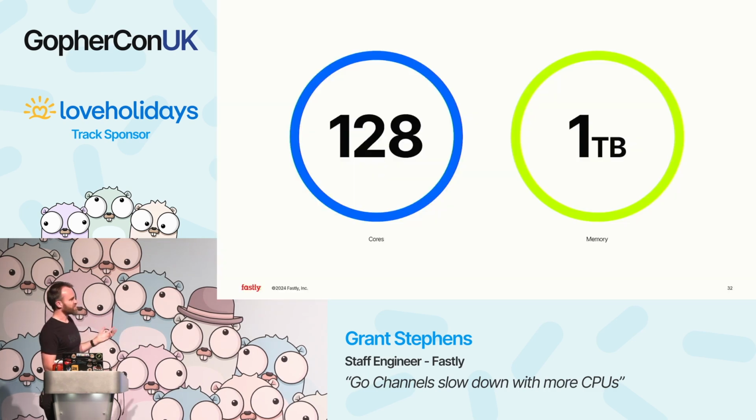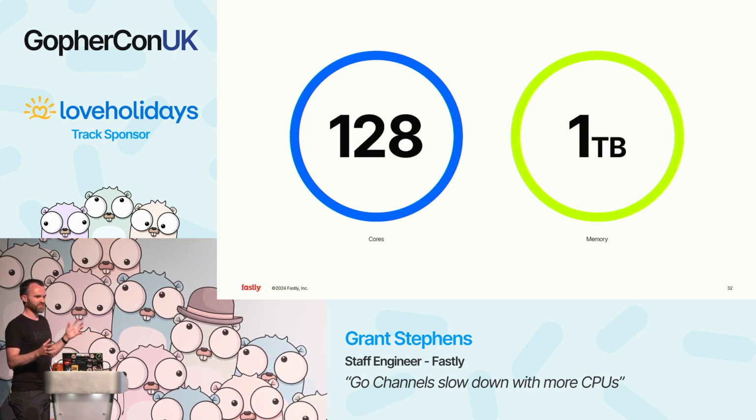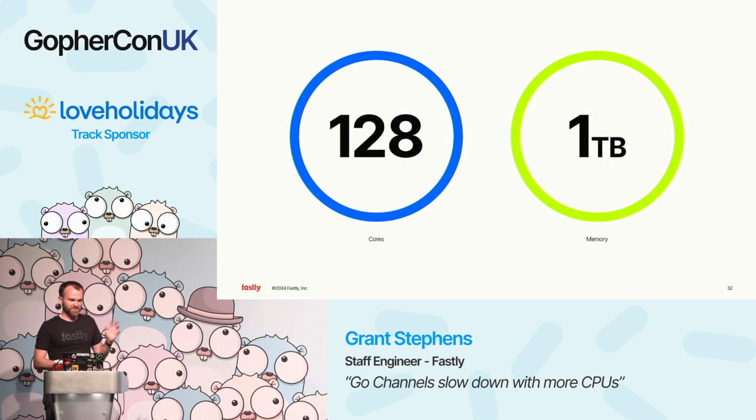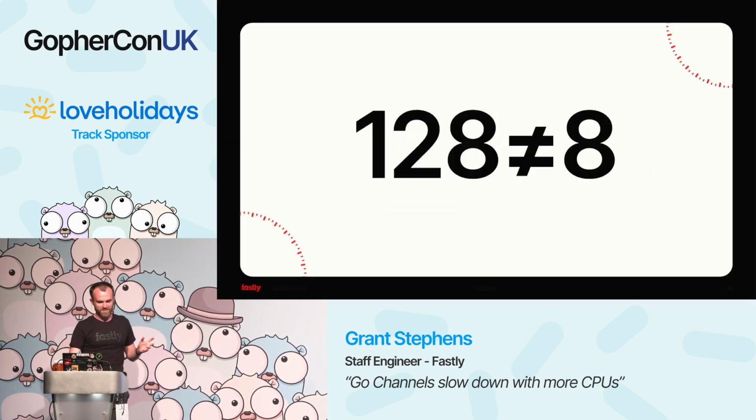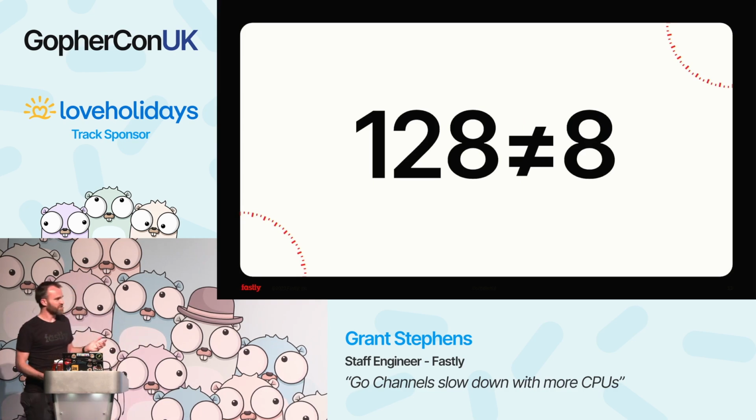And so when you look at the specs of those machines, they generally come in at about 128 cores and a terabyte of memory. So plenty big enough for doing logs, but maybe not big enough for doing edge cache kind of things. Now, some of you may have spotted this discrepancy here, in that my laptop has 8 cores. I'm guessing some of you maybe have a few more, but 128 is not equal to 8. So could this be causing the issue?